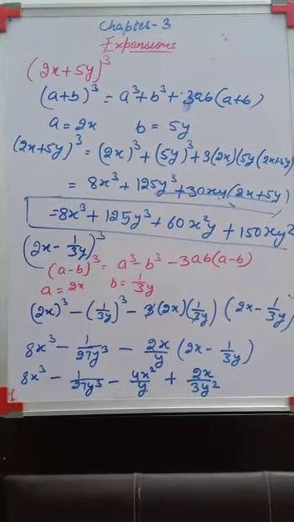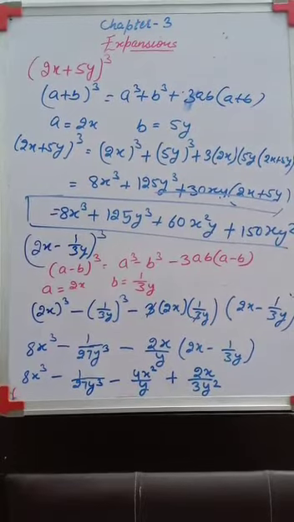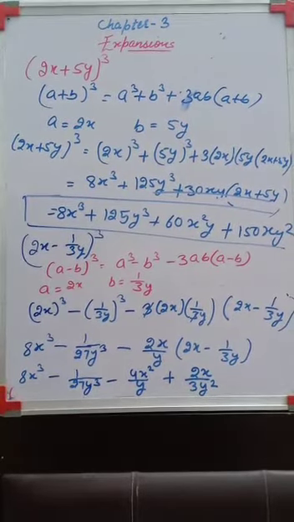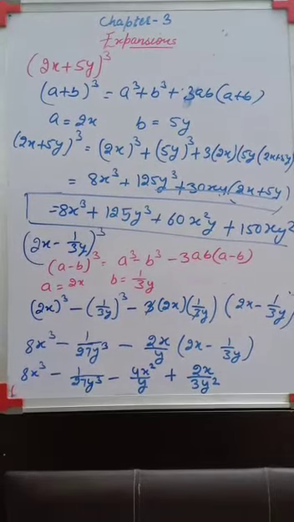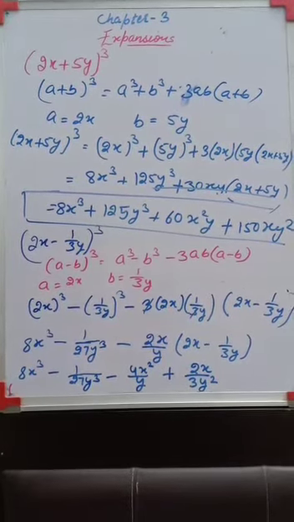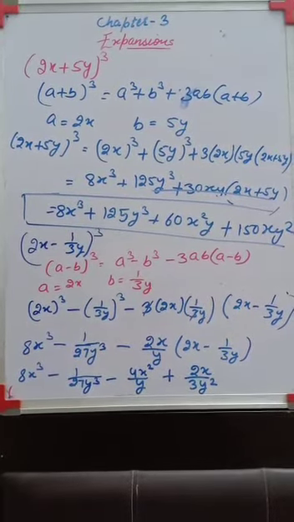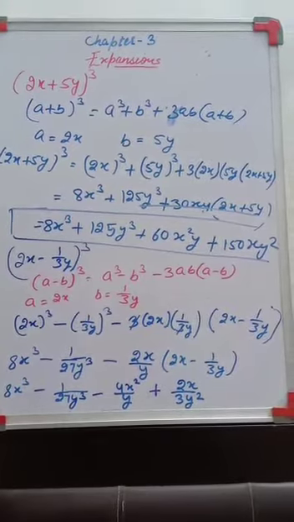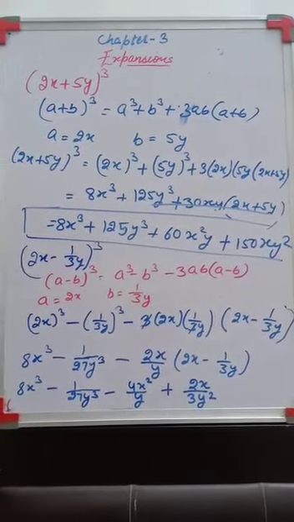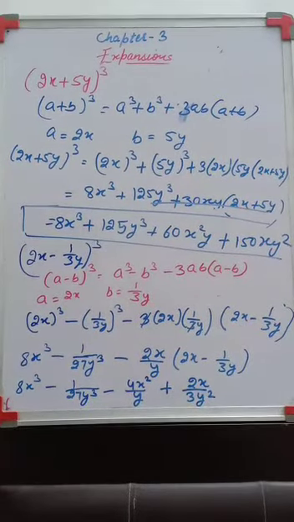So in this way you will solve the equations, whether it is based upon the cube of the binomial, right? Either it is a minus b whole cube or a plus b whole cube. Just by comparing your equation with the identity, you need to calculate the questions.